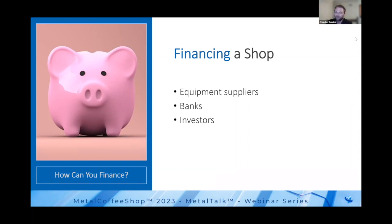I will say, we get the statement, I'm going to use my line of credit to buy this piece of equipment. I don't try to tell anybody what to do with their finances on their company. Using your line of credit to buy a piece of equipment isn't always the best idea. With the cycles of business, you never know when you're going to get strung out by contractors or get in a tight situation. Look into financing,